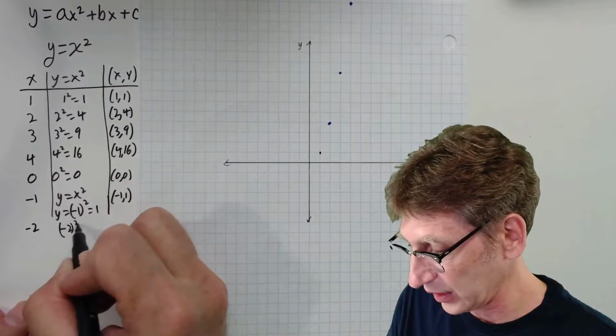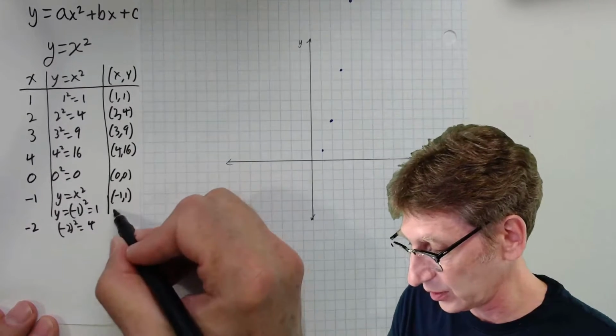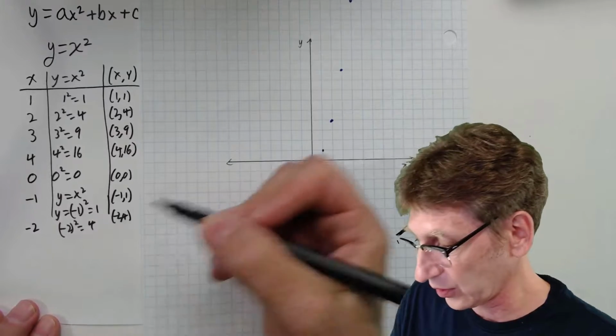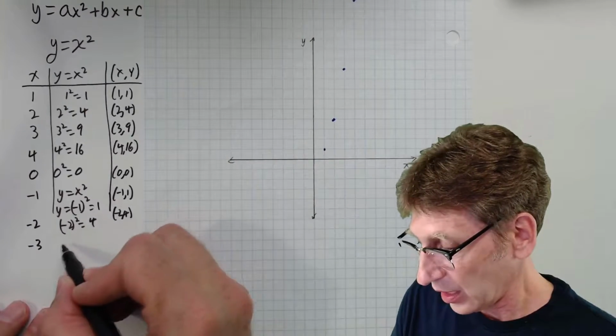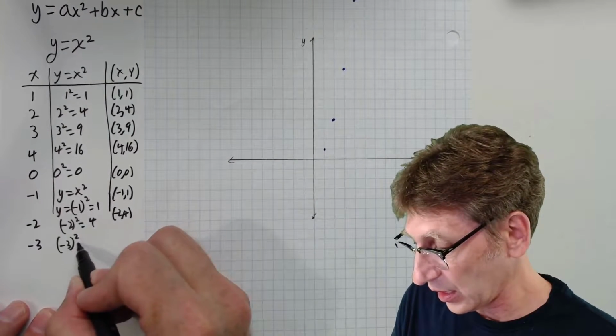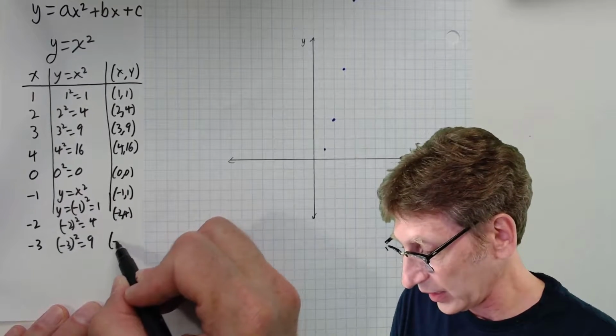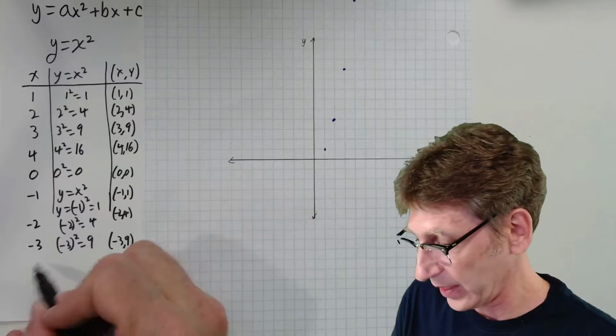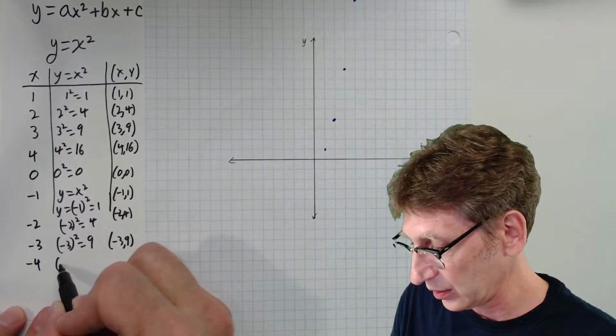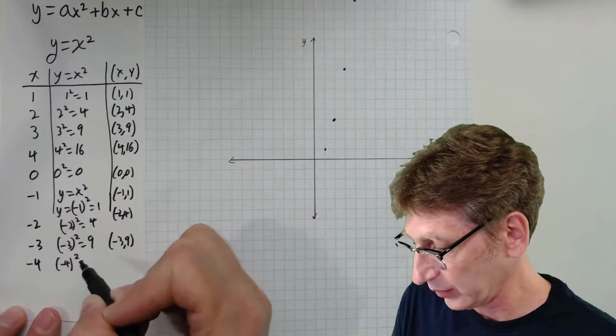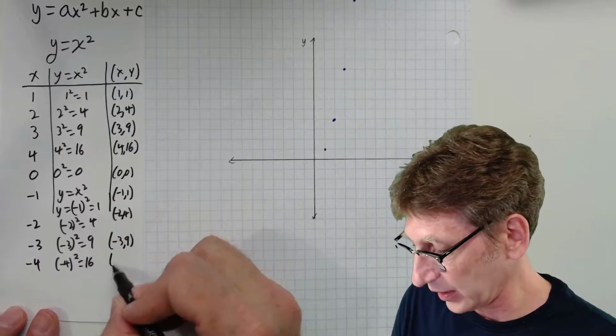Same thing. (-2) squared becomes 4. (-2, 4). So you are noticing, I hope, that as we square the negative numbers, we're getting the same results as when we squared the positive numbers, because a negative times a negative